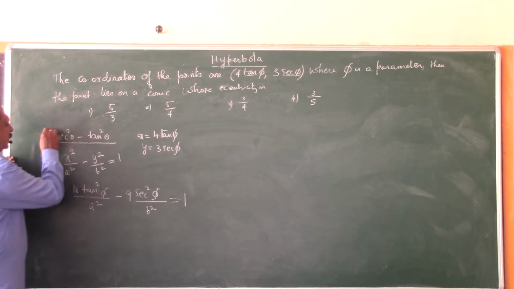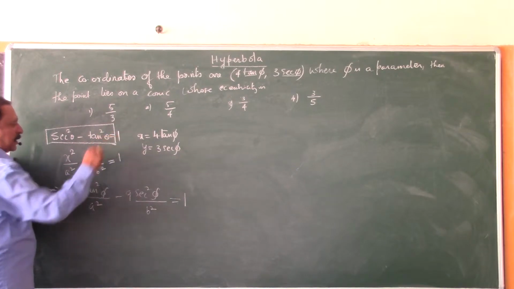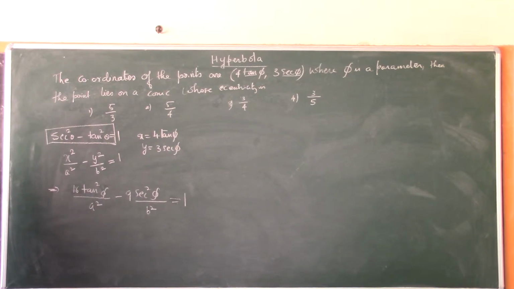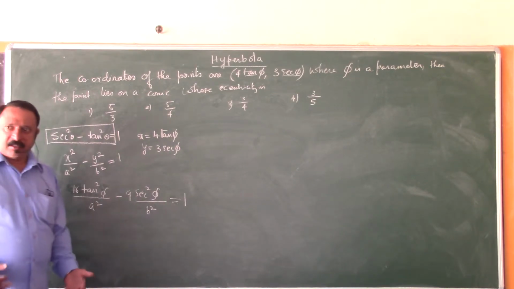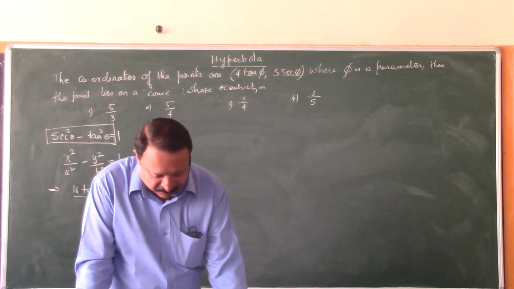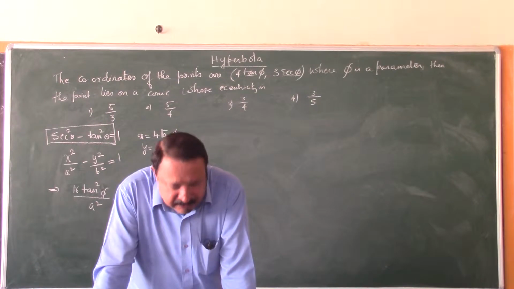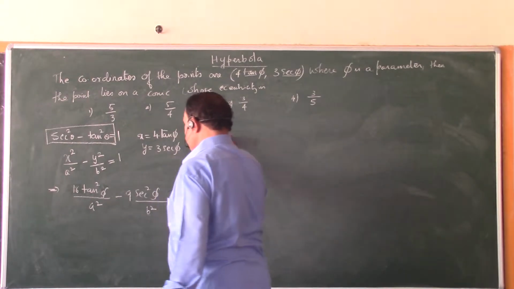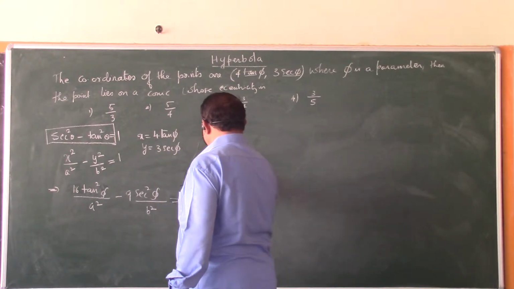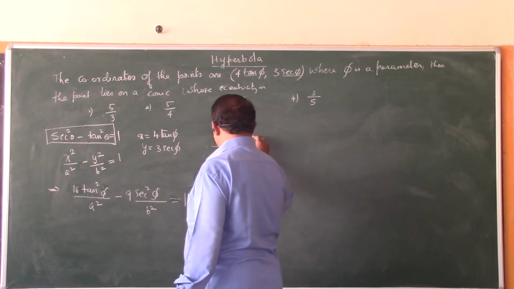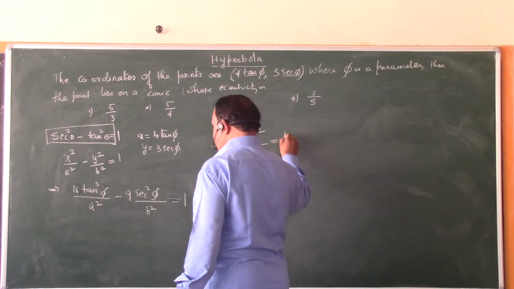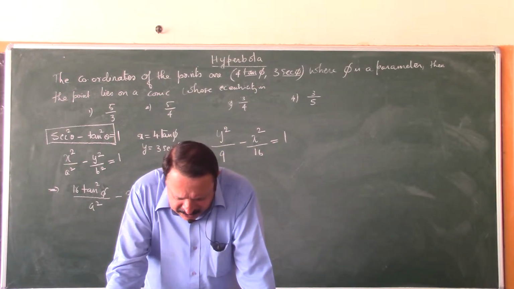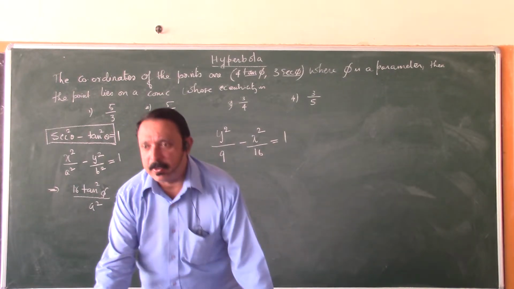But the trigonometric relation is secant square theta minus tan square theta is equal to 1. Here we have tan square phi minus secant square is equal to 1. So how should we write it now? Interchange. Okay, so now we can write the conic section as, or the equation as, y square by 9 minus x square by 16 is equal to 1. Y square by 9 minus x square by 16 is equal to 1.